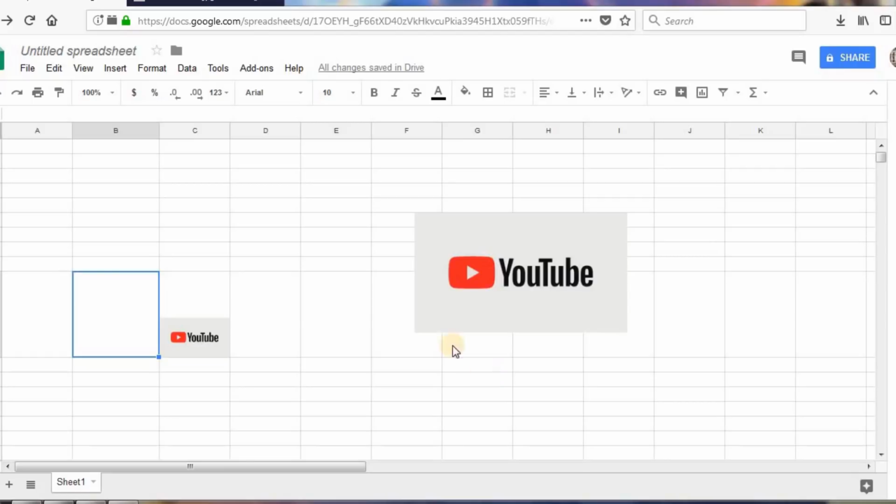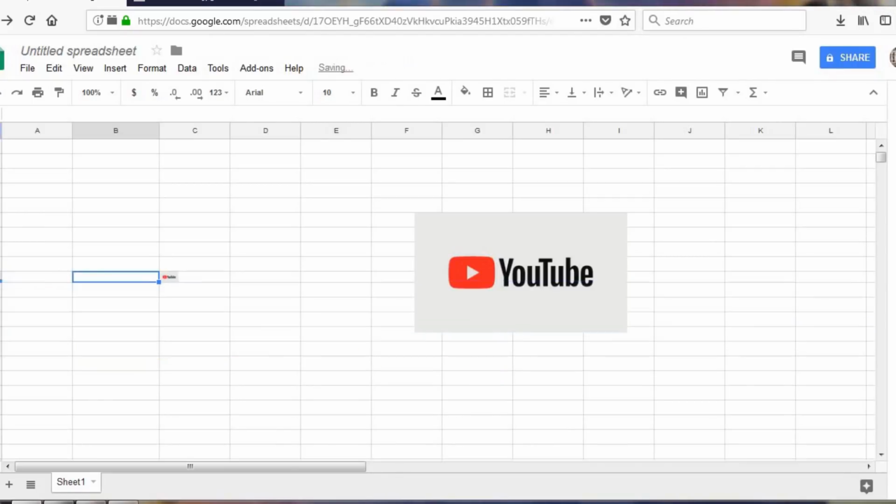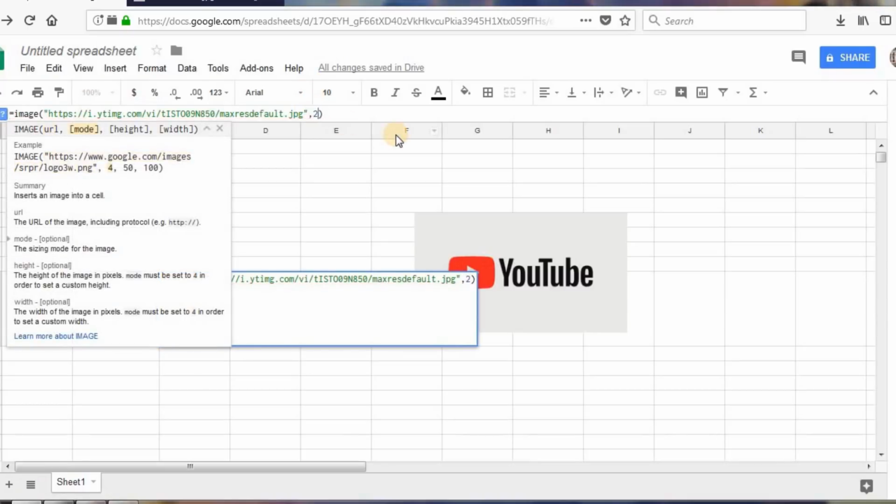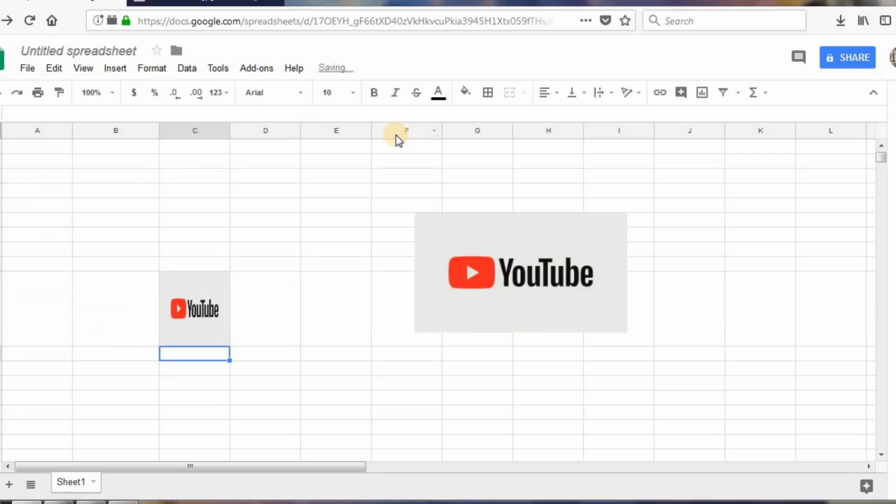This is the first format. The second one is you have to add a comma and the number 2 in the format. What this does is make sure that the image stretches to fit the size of the cell no matter how you manipulate it. For example,